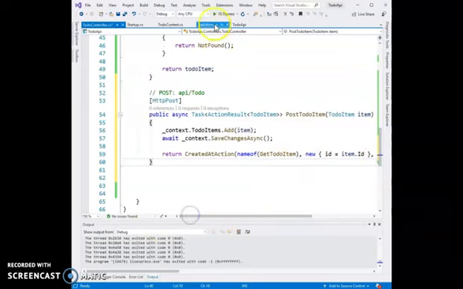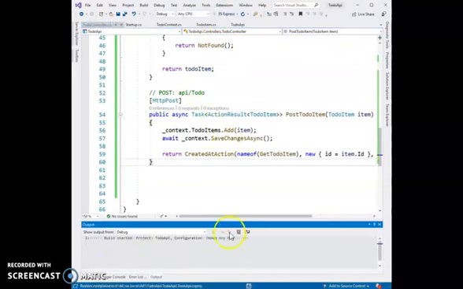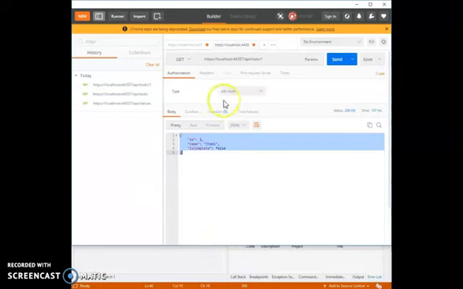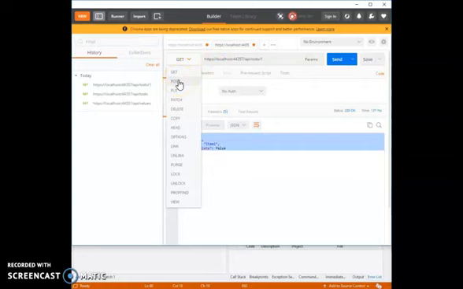So let us run it. After running it, just go to Postman and here select the HTTP action verb as POST, and then here pass the URL